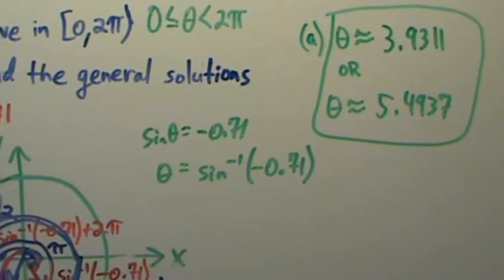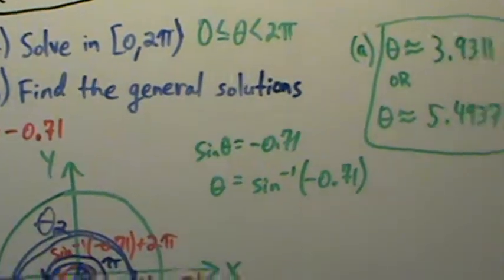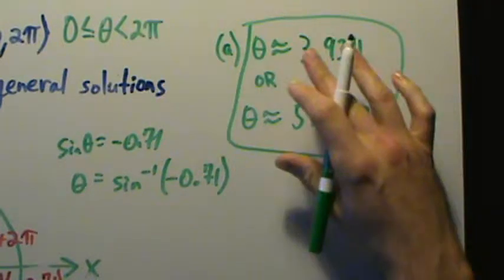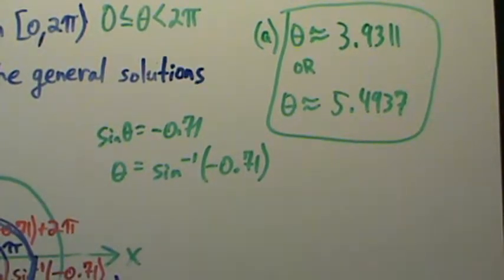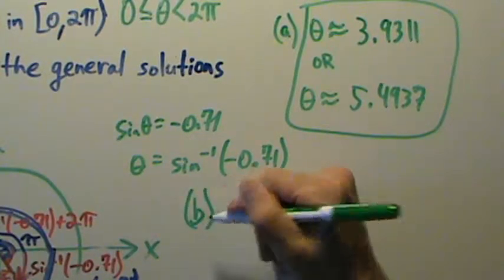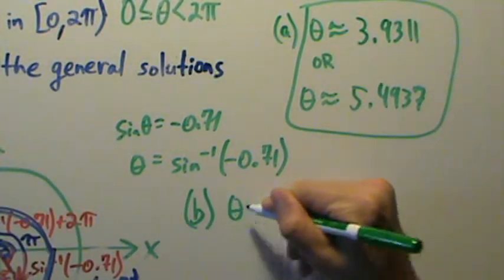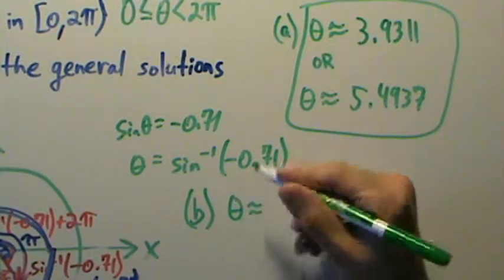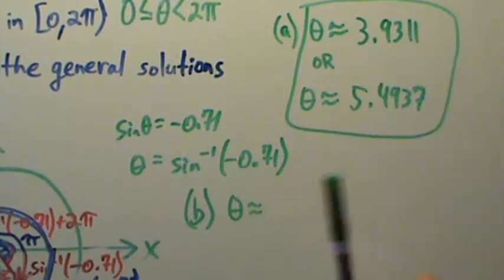Now, how about part B? Part B, find the general solution. Just like in the previous examples, all we do is take these and add the 2k pi. Like we've been doing, we explained it in the previous example, so we don't want to cover it too much again here. Anyway, just say theta is approximately equal to, because these are approximations,